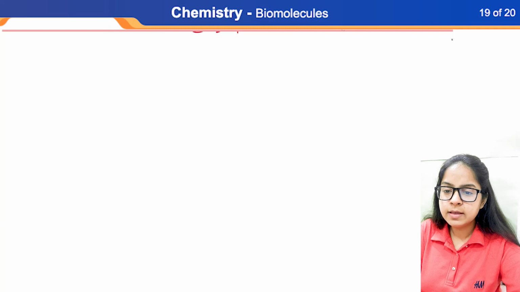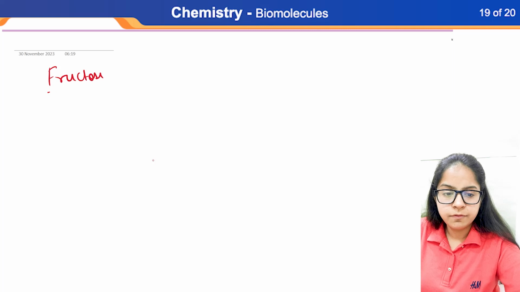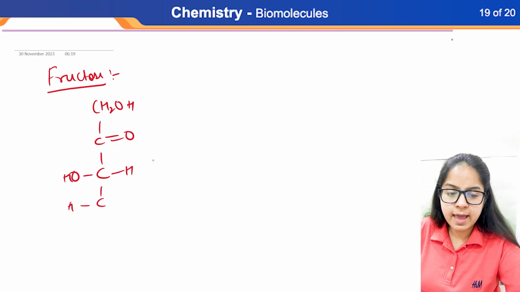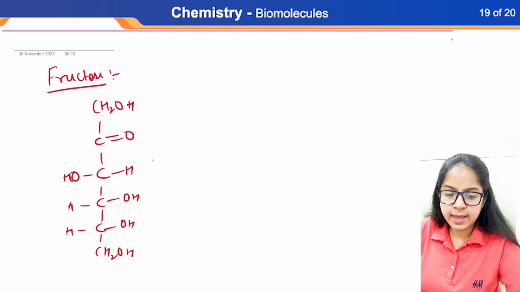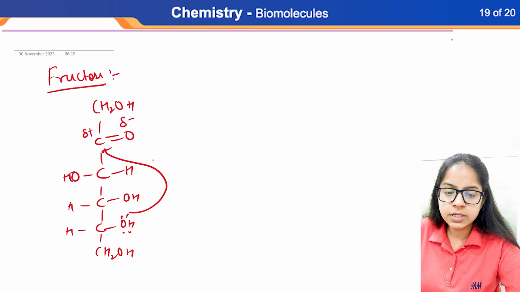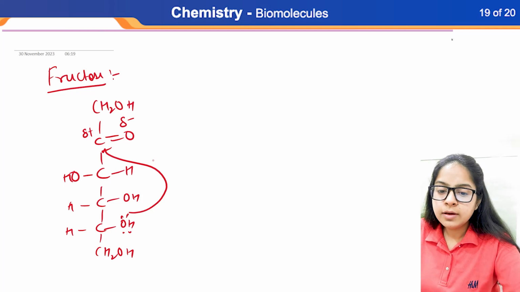Now the next one is fructose. Fructose is CH2OH, C double bond O, C OH H, CHOH, CHOH, CH2OH. Again, the oxygen of the fifth carbon is going to attack on this carbonyl carbon because this is electrophilic in nature, this is nucleophilic in nature, and carbon cannot form more than 4 bonds. That's why the bond will dissociate. Okay. Now two types of structures can be formed. One is